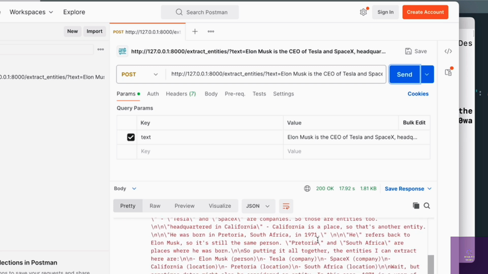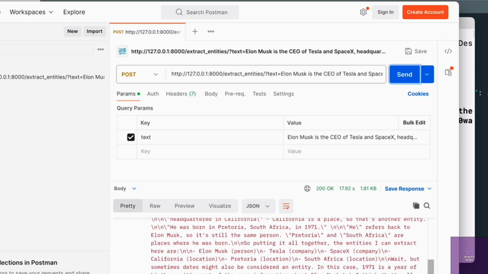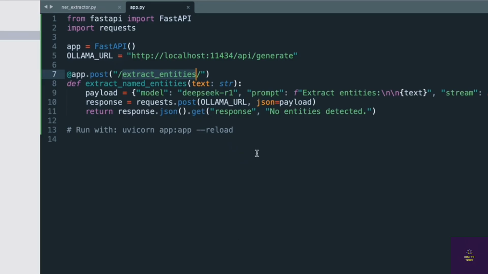And there you go, it took a few seconds and we have the data back where it specifies the extracted entities from the given text are Elon Musk, Tesla, SpaceX, California, Pretoria, South Africa. Perfect. So we have the data back. I hope you were able to follow along and get this. If you did not, or if you had any issues,